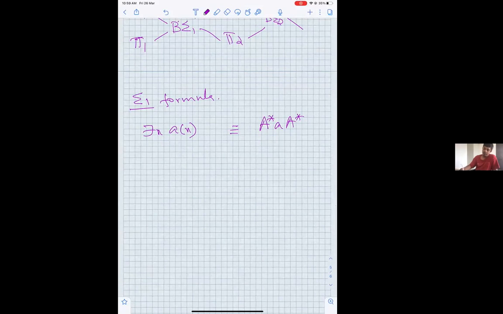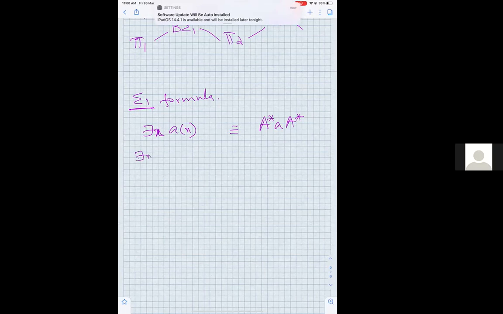Give me another formula. For all x, not a(x). No, we cannot say for all, because it's sigma 1. Oh, sigma 1, okay. Right now we have only used one variable. Give me another variable. There exists x, there exists y such that a(x)